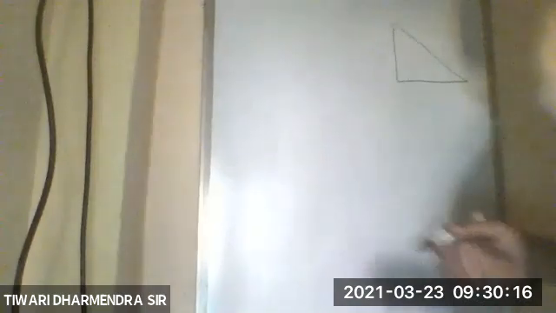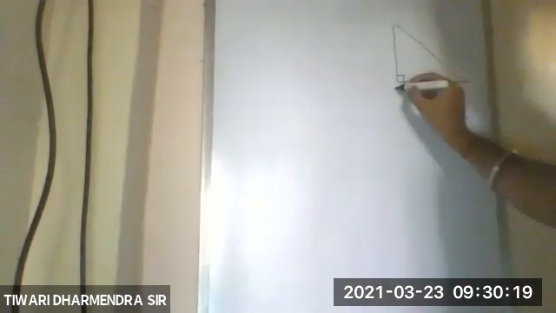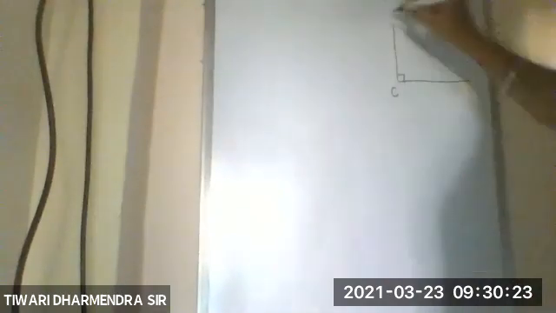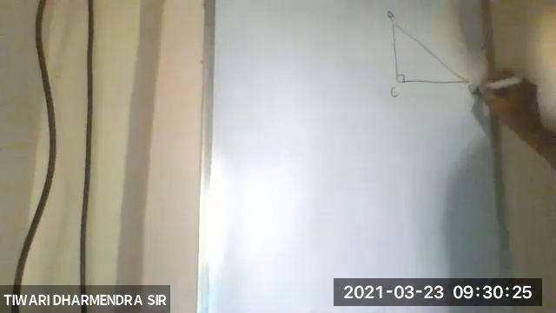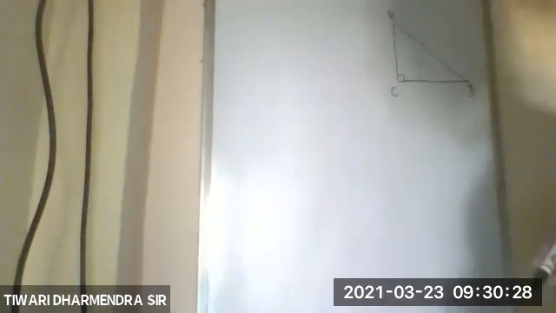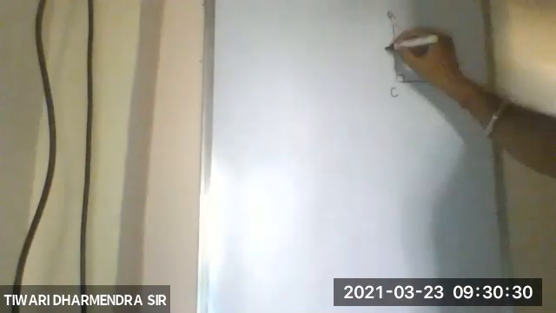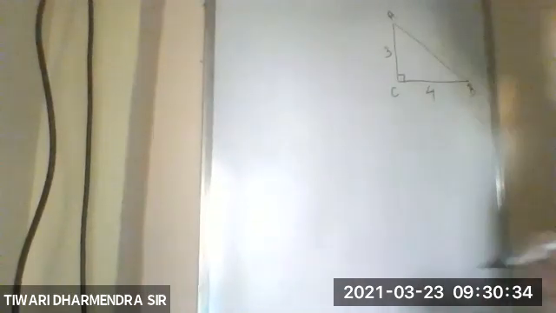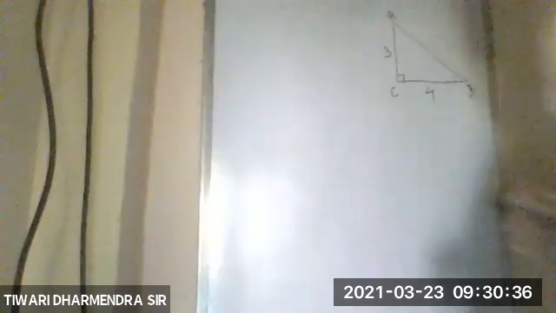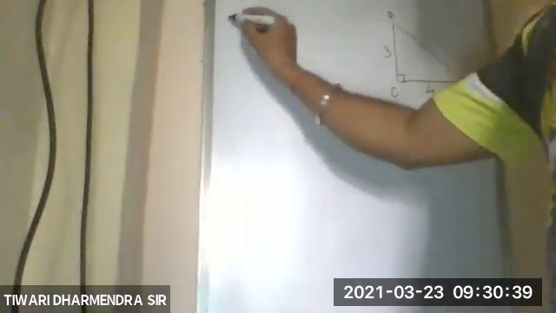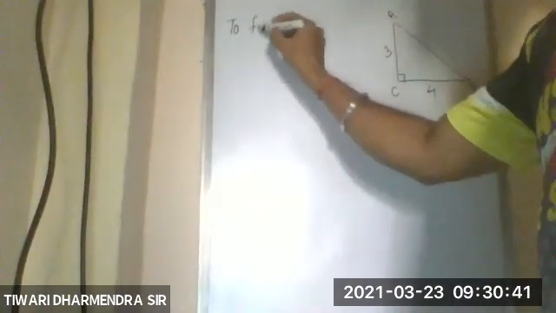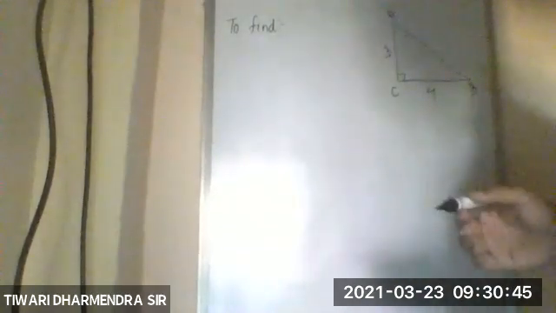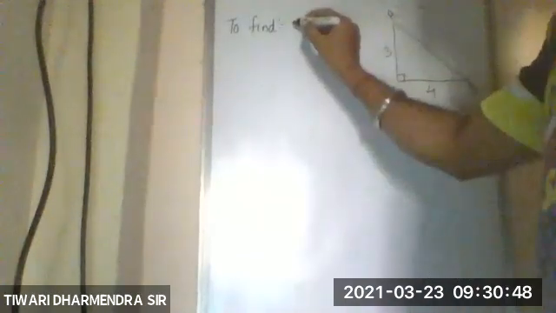Say this is our right angle triangle with 90 degree at angle C, with the value of AC as 3 and the value of BC as 4. They're asking us to find the ratios first,